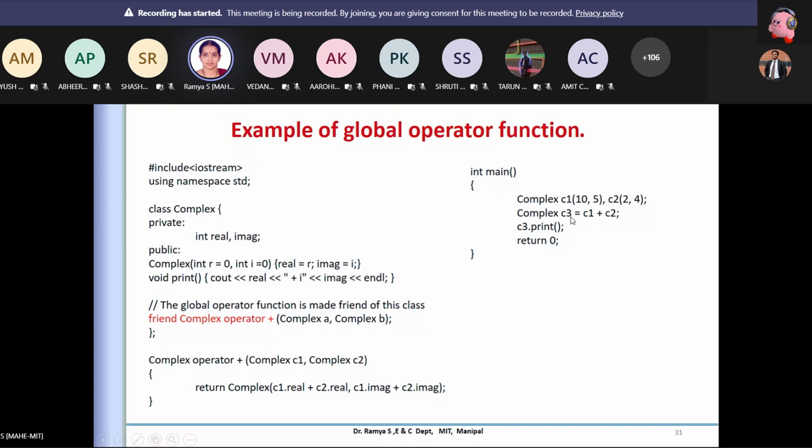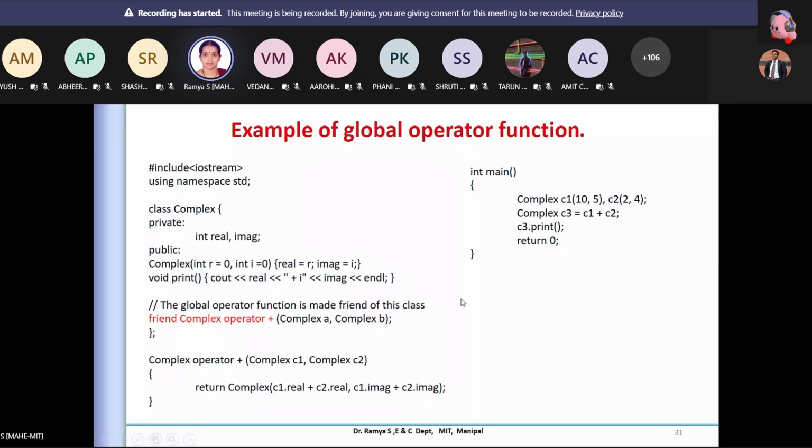Again, your default copy constructor is invoked, and we store the values for C3, and it is printed here. So if you see the main program, it is the same. Similarly, there is not much change, but here there is a change. I have declared this particular operator overloading outside the class, defining it as a friend. Since it is a friend, it can access the private values, even the public values also. Is it clear? Is it fine?